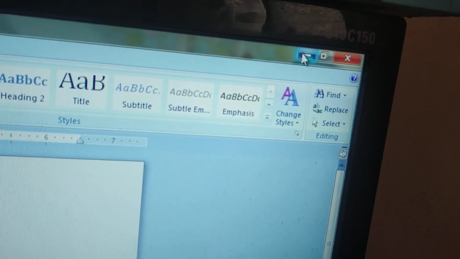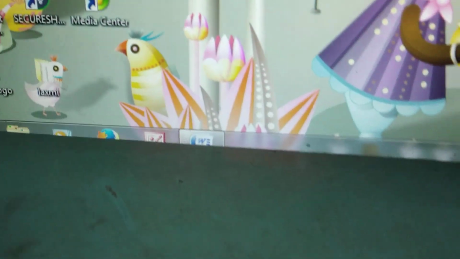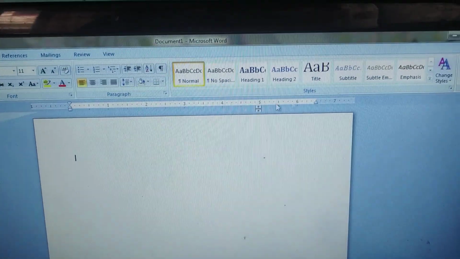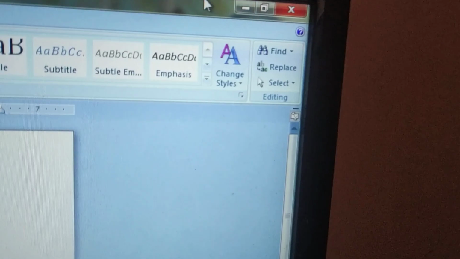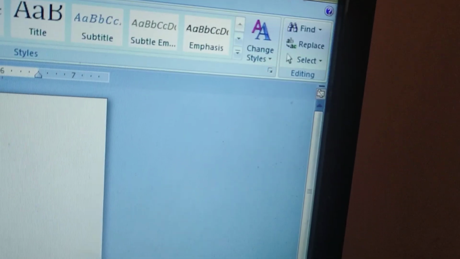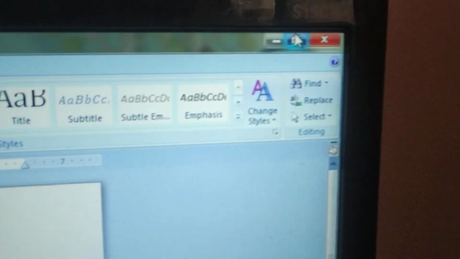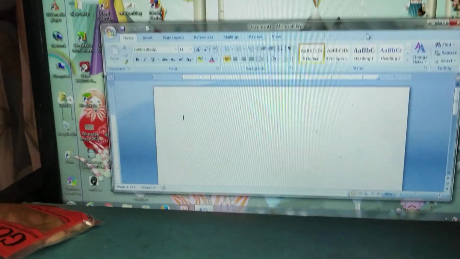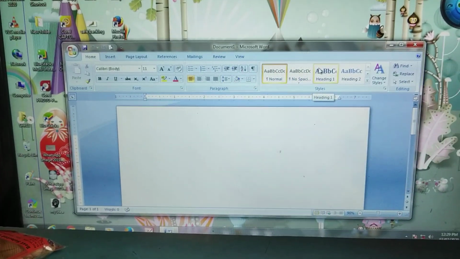When we click on minimize button, our screen will fall on the task bar. When we will click again to that logo or that icon, you will get the full screen. Then again the middle button is restore button or maximize button. Restore means not in a small and not a large size.